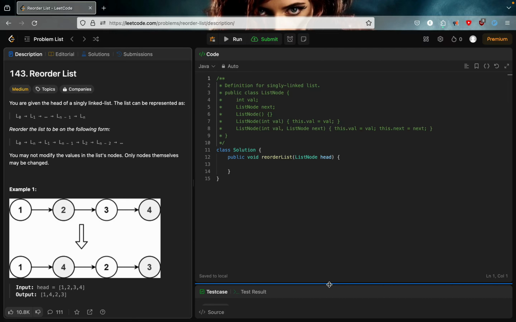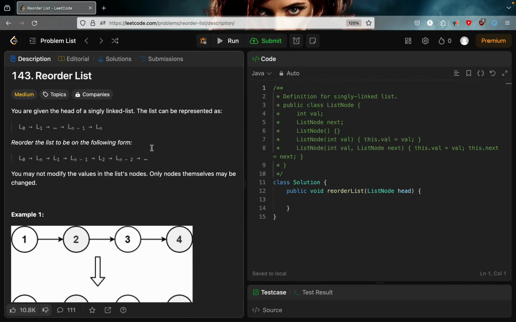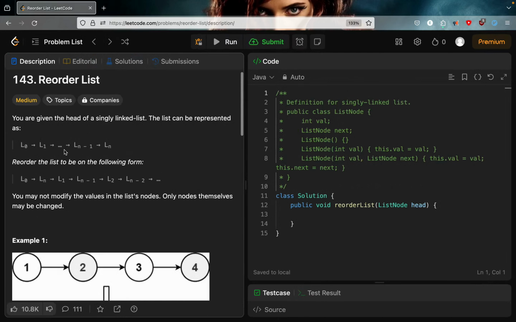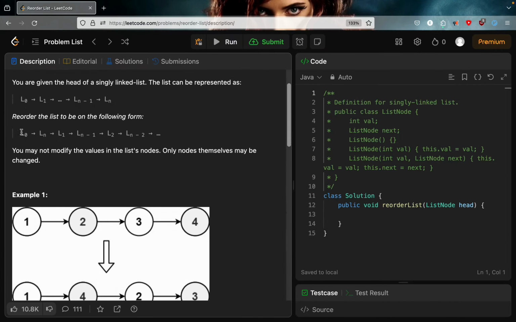Well, hello everyone, and today we will be solving one of the problems from LeetCode. This is Reorder List. It says you're given the head of a singly linked list. The list can be represented as 0, 1, up to many nodes till n minus 1 and n. So it is a list of n nodes, and we need to reorder the list in such a form that